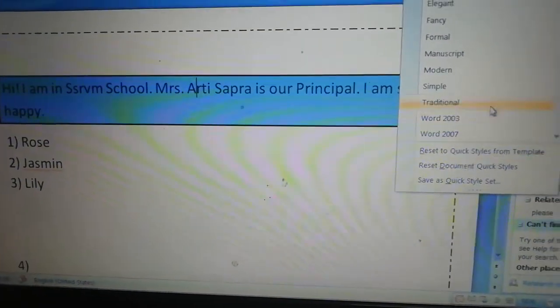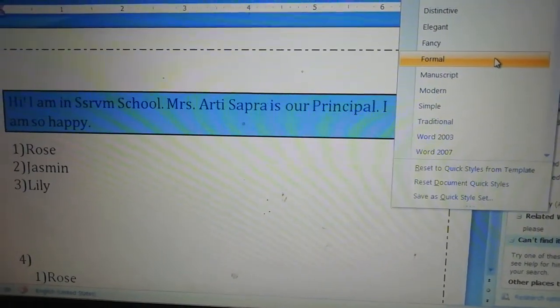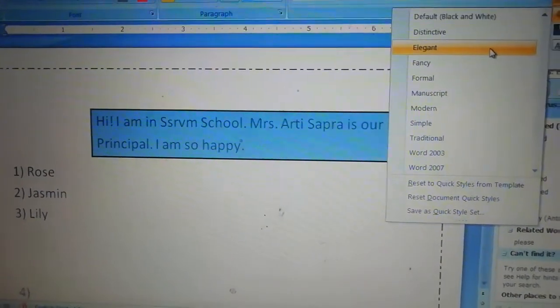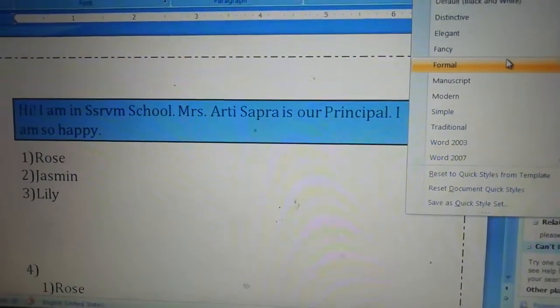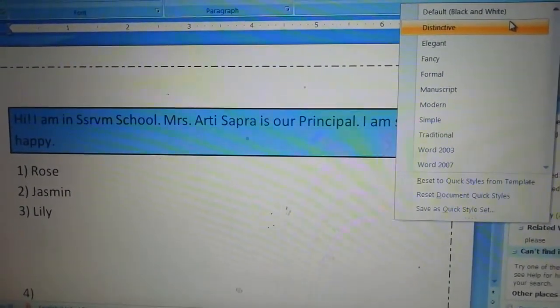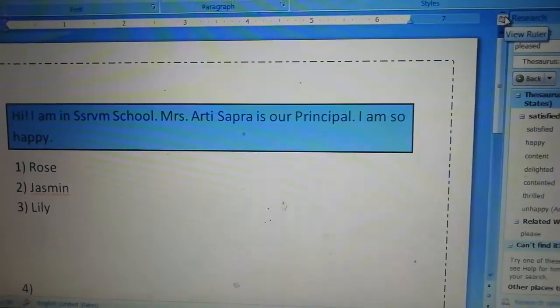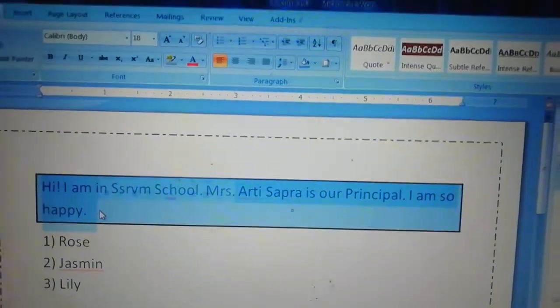There are different types of styles. Here I am selecting fancy. Each time it is changing the color of my typing. So it's called style set. Like this we can select the style set also.